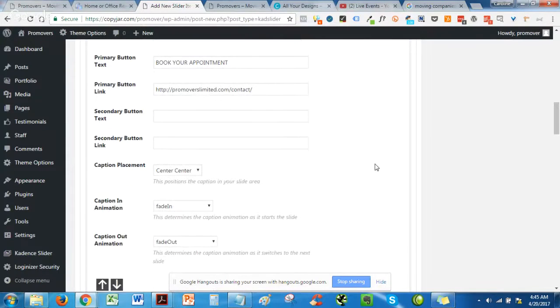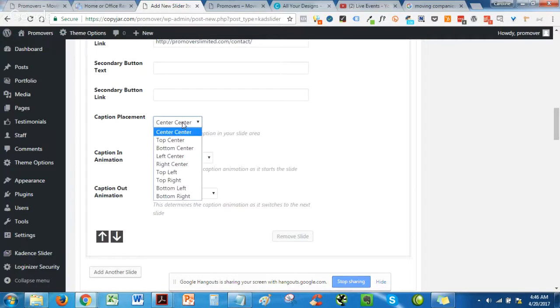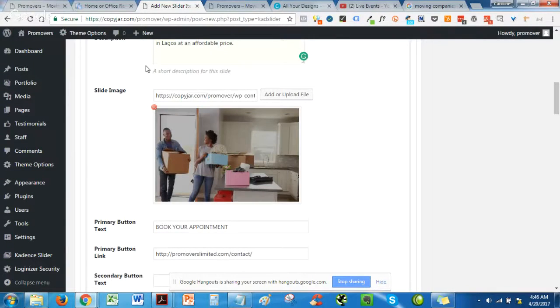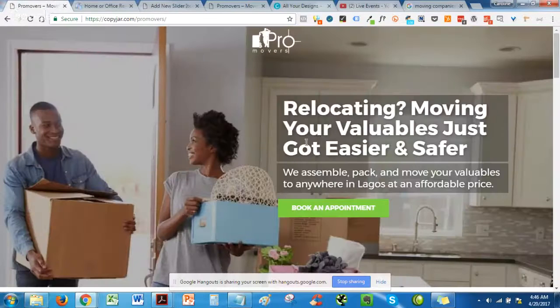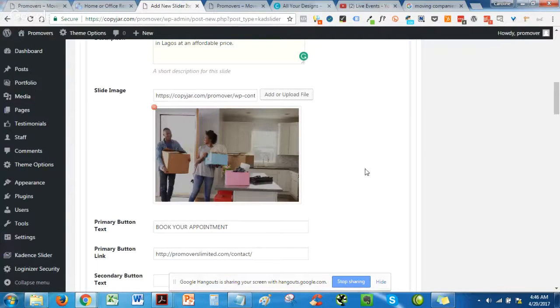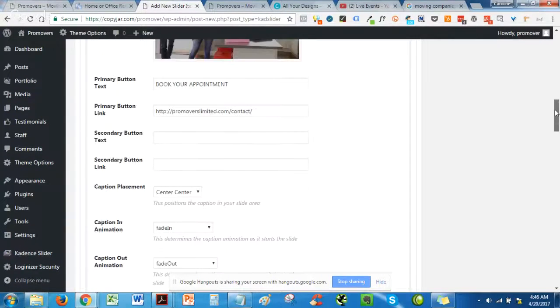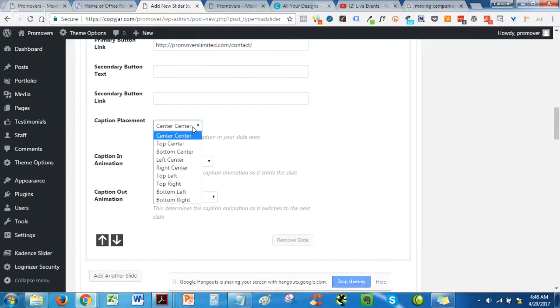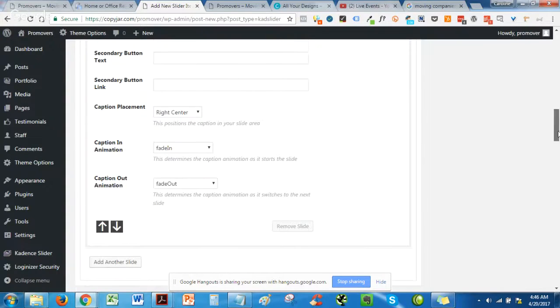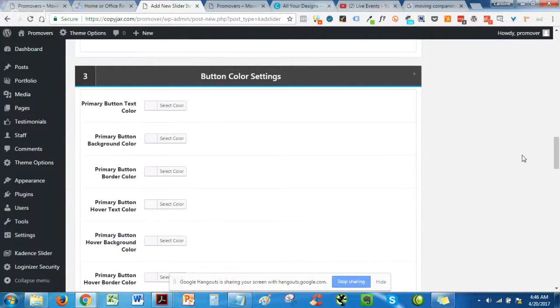Now next is placing the caption. Because I want the image to be by the side, just as you can see on the right-hand side with the images here, I'm going to change the position of the text, and the caption placement should be right center. Then we scroll down to edit the